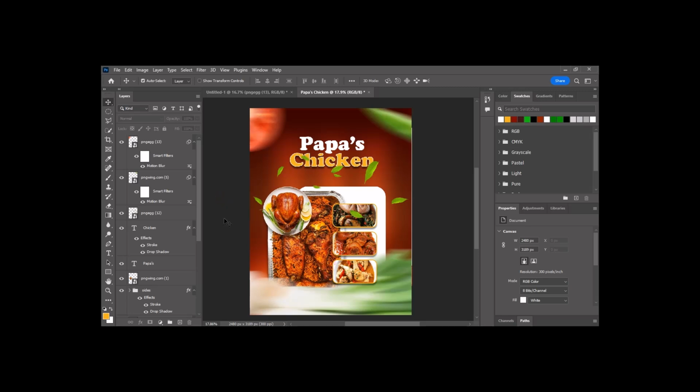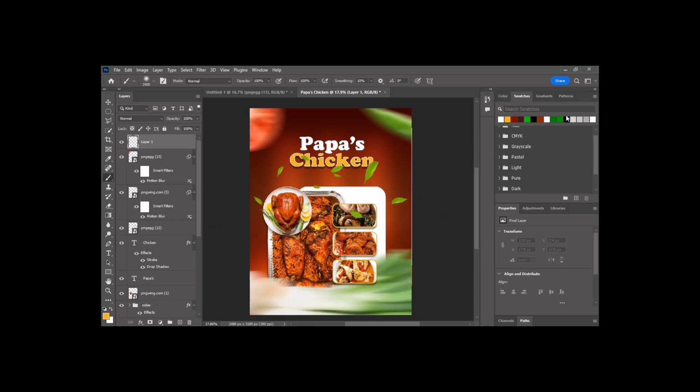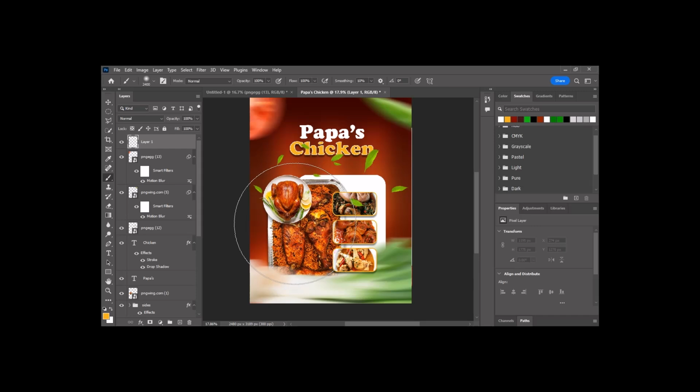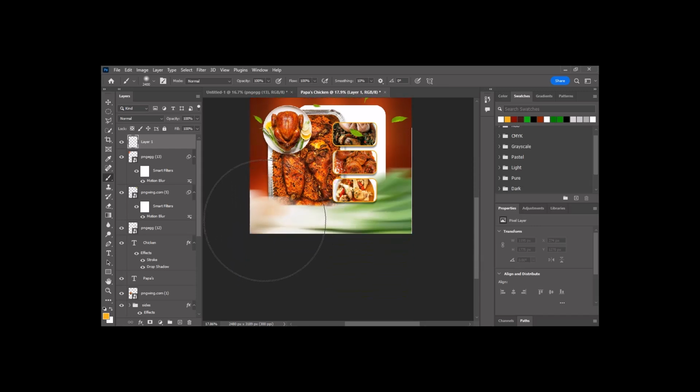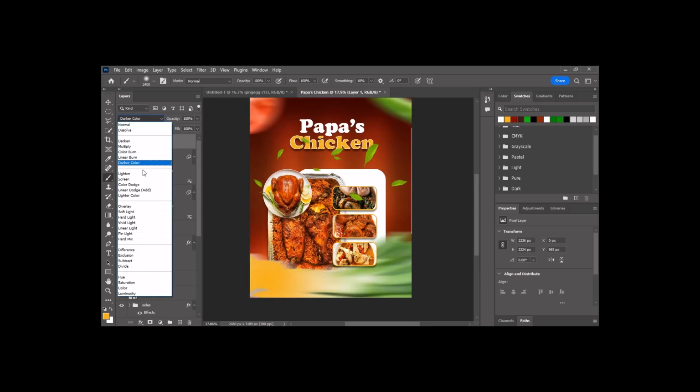So click outside the canvas and then create a new layer above everything. Click on your brush tool and select the color you want to use. For me, I want to use this yellow. So I'm going to click right here. Alright. Then I'll change the blending mode to screen,